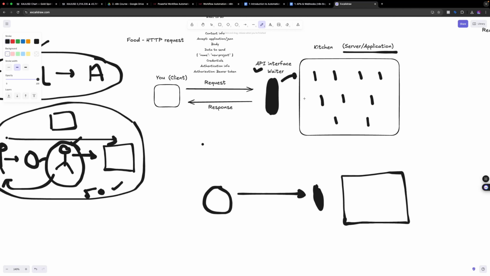Okay, this guy wants pizza, then these guys make it and give it to the waiter, and the waiter gives the response to the client and he gets the food. To remove the complexity of the server and application, that's why we create the API interface. We call it the waiter. This is the request which we are asking for, and this is the response we get